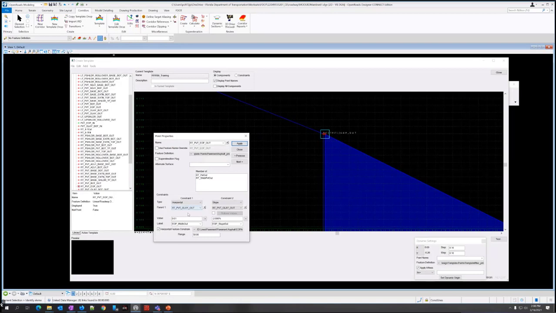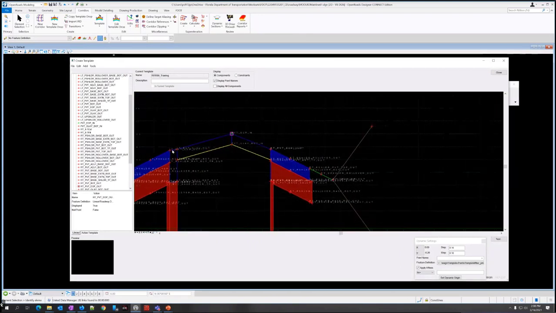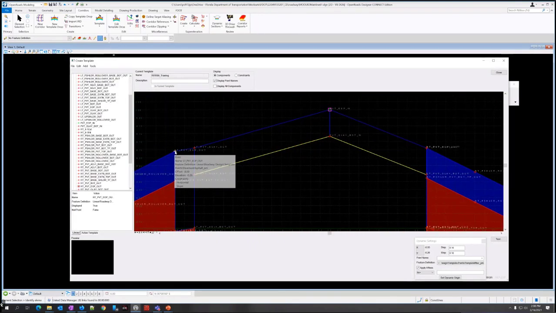I'm just looking at this box to make sure we got the right settings here. And the range, we want it to be 100 feet. I'm going to click apply. That looks right. Close that. And then I'm going to come over to the left side and do something similar for that.